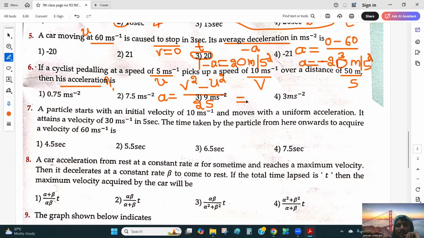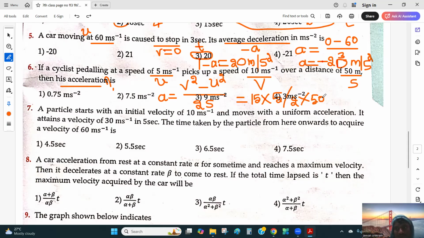So (v plus u) into (v minus u), right? v square minus u square means (v plus u) into (v minus u). v plus u, 10 plus 5, 15. v minus u, 5. So v plus u is 15, v minus u is 5, whole divided by 2 into the displacement given, which is 50,